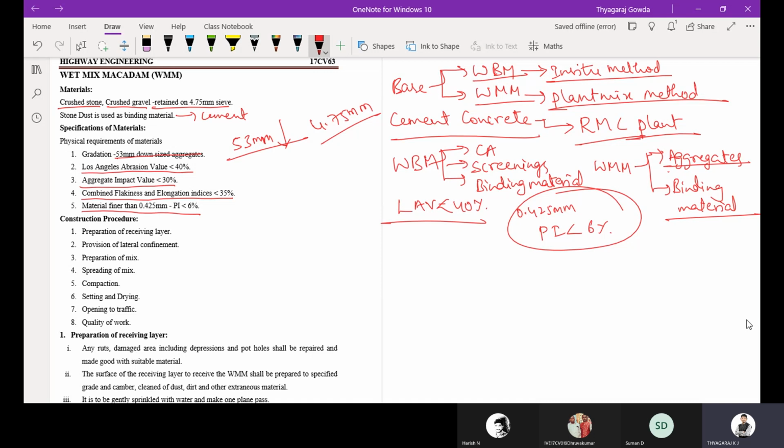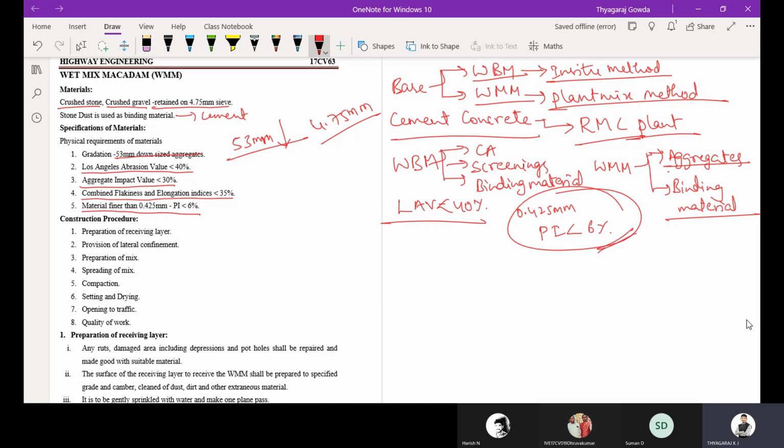So we use aggregates of 53 mm downsize, Los Angeles abrasion value less than 40%, aggregate impact value less than 30%, combined index less than 35%, and binding material finer than 0.425 mm with PI less than 6%.